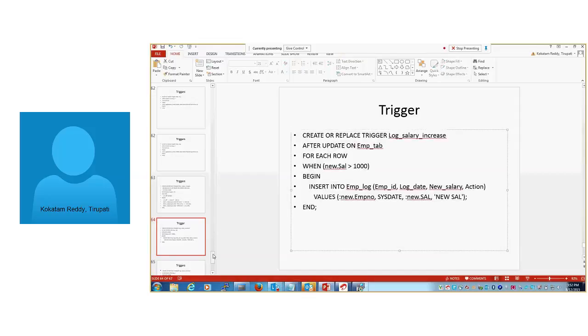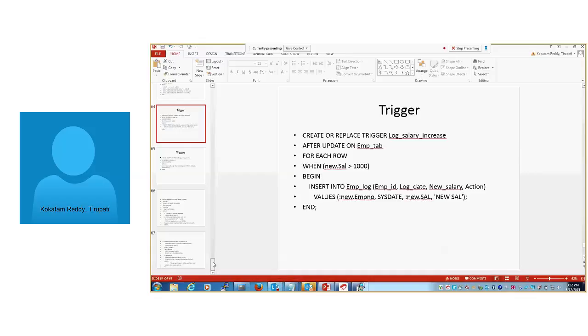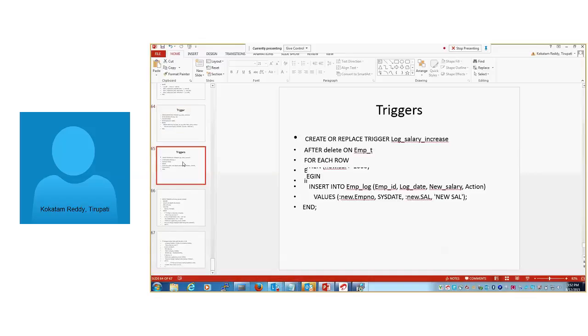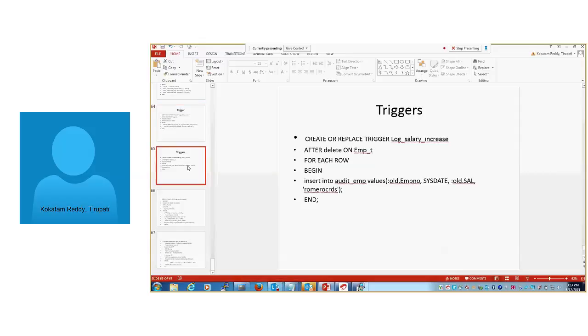We can do auditing through triggers. These also serve audit purposes: old employee number, sys date, old salary, and what is the action.